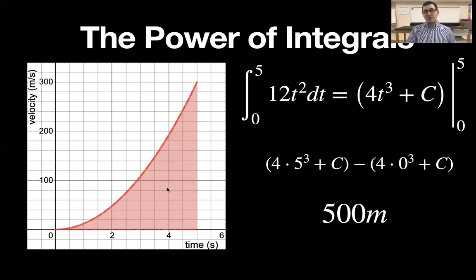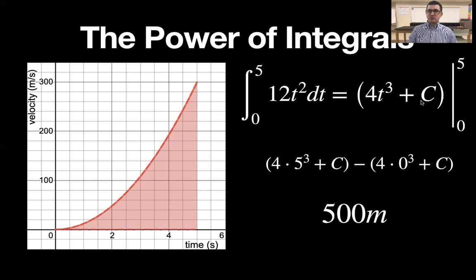And then also, if we're looking for the area, then we're going to be talking about the definite integral. So this is the definite integral of velocity with respect to time, which gives us displacement from 0 seconds to 5 seconds. So that's what the 0 to 5 means. And then remember, with an antiderivative, we always want to have the plus c. But with a definite integral, you don't need the plus c because you can just choose it to be 0, because when you subtract it out, it doesn't matter what you choose for the plus c. But if this is an indefinite integral, so we don't have these endpoints, then we either have to write plus c,